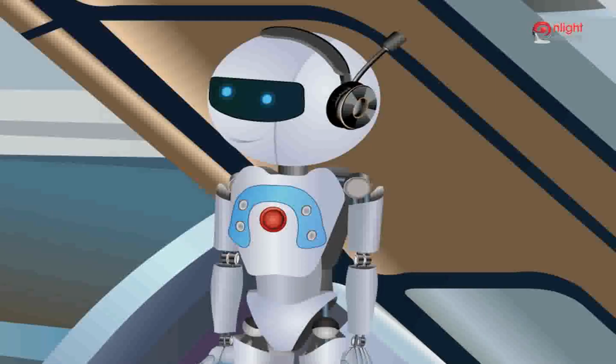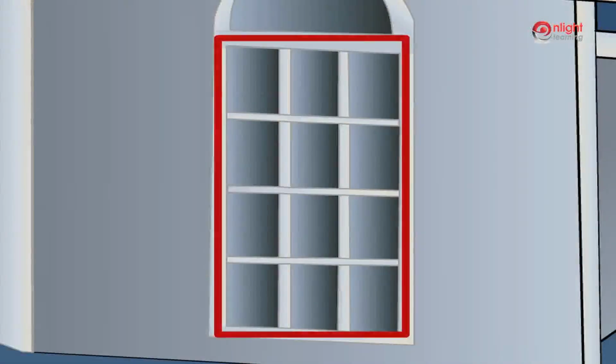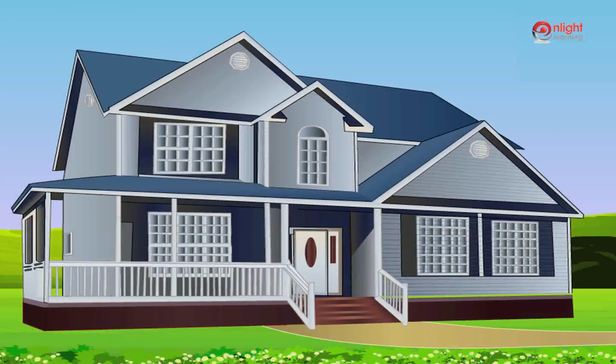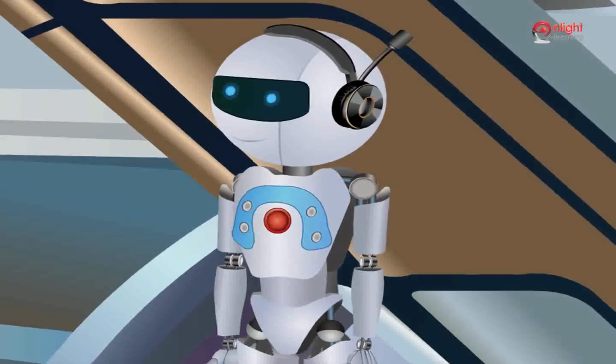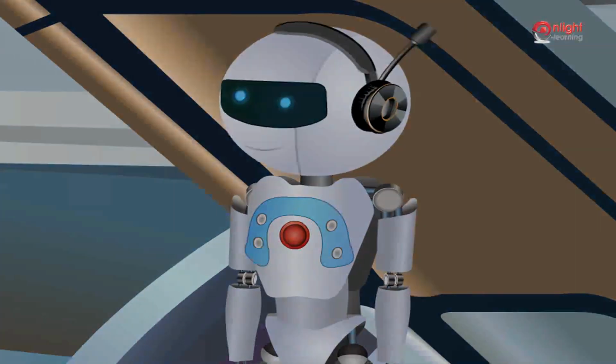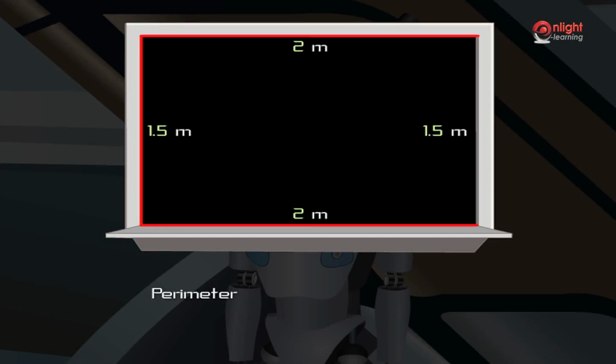Let us now focus on certain specific shapes like rectangle, square, and triangles, which we encounter quite frequently in our daily lives. Let us obtain formulas of perimeter for rectangle, square, and triangle. Let us consider a rectangular shaped object like a blackboard. Suppose the measurements of a blackboard are given as shown in the figure. We find the perimeter by summing up the length of all the sides, which in this case is equal to 2 meters plus 1.5 meters plus 2 meters plus 1.5 meters is equal to 6 meters.